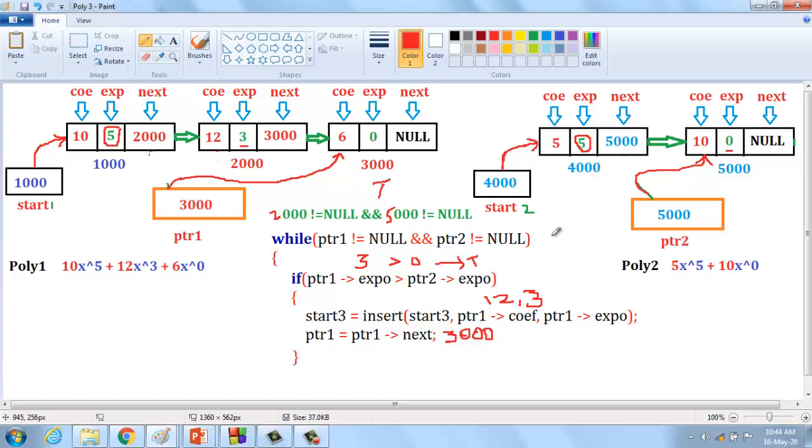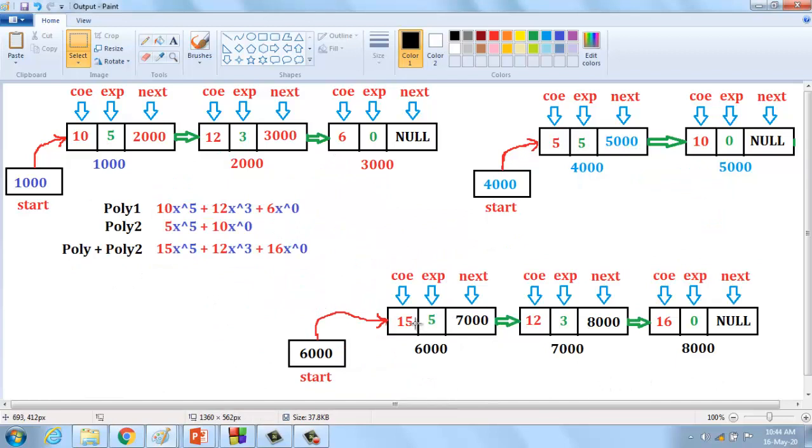So automatically the resulting node is inserted into the linked list. First, they are inserted as an output like this, 15 5, and that node represents null.